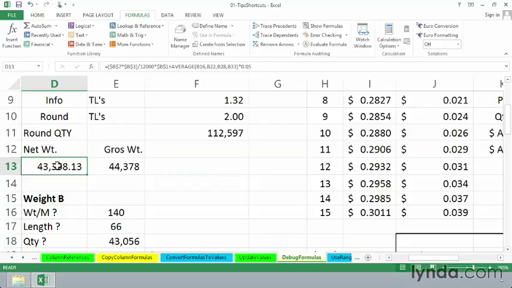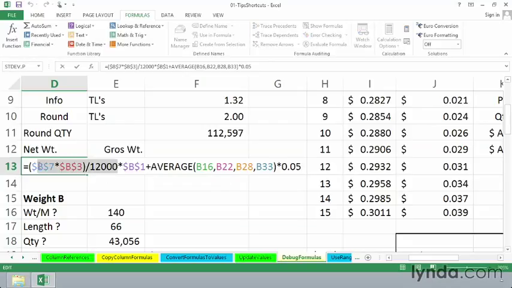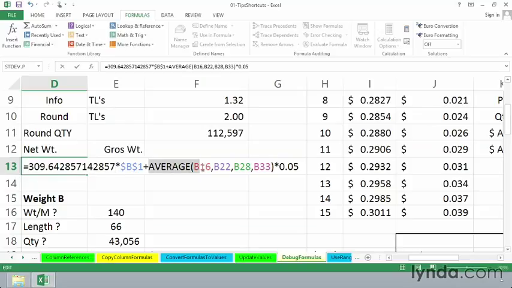Maybe start over again. Double-clicking again, maybe highlighting this entire portion this time, including that left parenthesis, press F9. Maybe that's helpful, maybe not. Maybe it's the average along with the information to the right that's a problem. Maybe it's the B1. And so if you have a sense of what the formula is supposed to do, and maybe it isn't working, by highlighting pieces of it and pressing F9, you do see what that piece of it